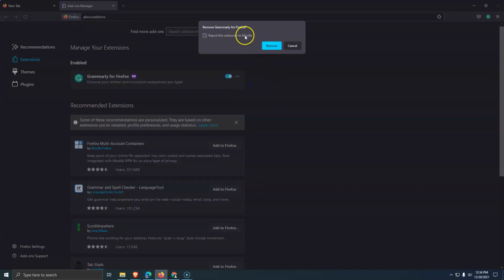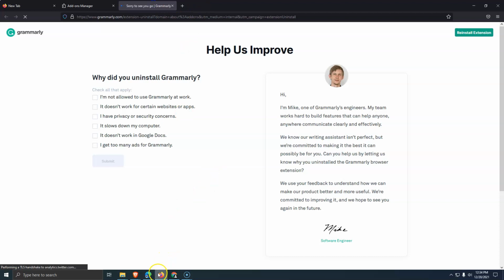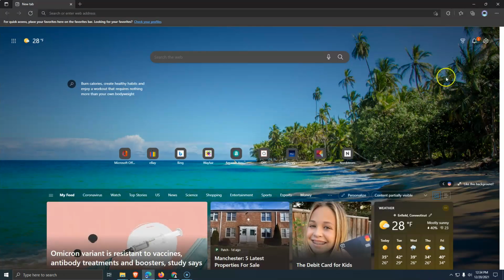I'm not going to say Report this extension, because if, let's say, it was malicious, you would report it and it will get removed. So we're just going to click Remove from our browser. Now that we've looked at that, Microsoft Edge is very similar to Chrome,